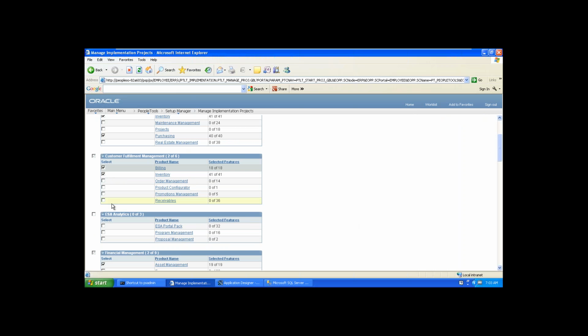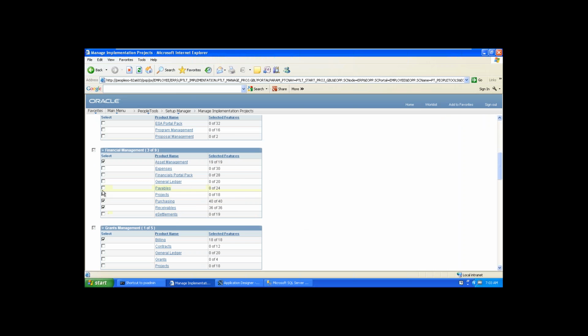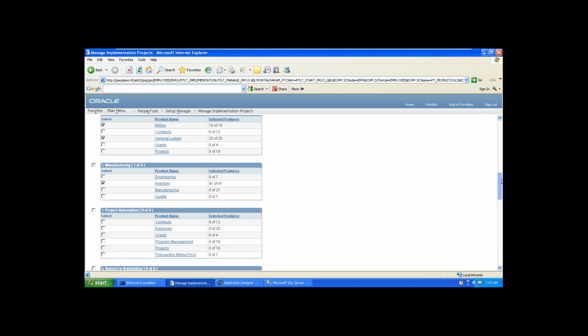Yeah, that's account receivables, general ledger, and what else? I think that's all I know. Or expenses, if there is any.